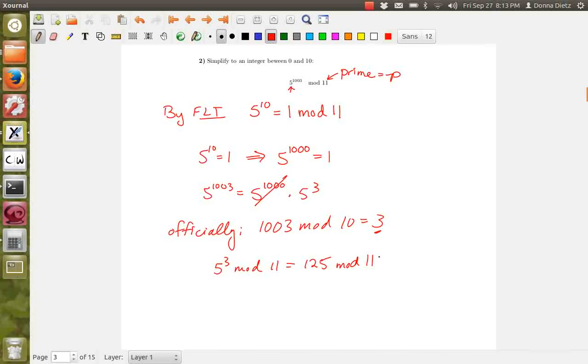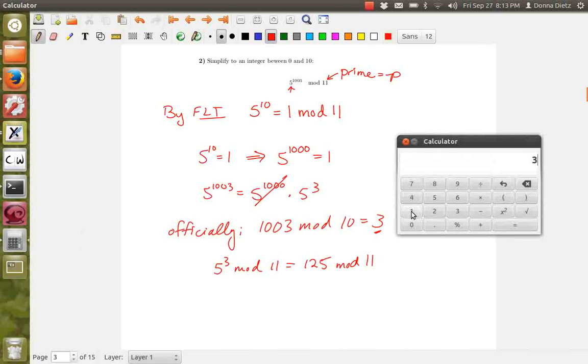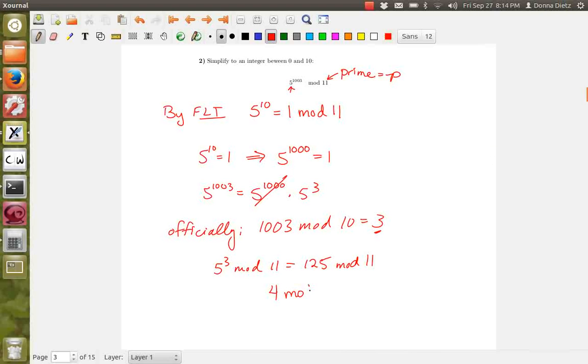But let's say we didn't recognize that. I mean, in the answer key, I assume you recognize that. But let's say you didn't. So you pull out the calculator, and you say 125 divided by 11. Okay. Subtract out that integer, 11. Now, this is your remainder as expressed as a decimal. So you multiply by 11 to bring you back to an integer. So you say 4 mod 11. 5 to the 1,003 is equal to 4 mod